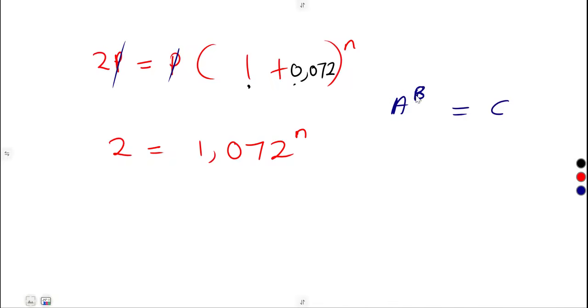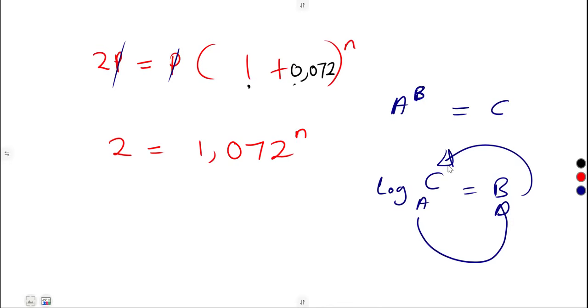A to the exponent of b, which is equal to c, follows that it is the logarithm of c that we are given in the base of a, which is equal to b. So meaning to say a to the exponent of b is equal to c. All right, whatever way that you're given or that you understand,